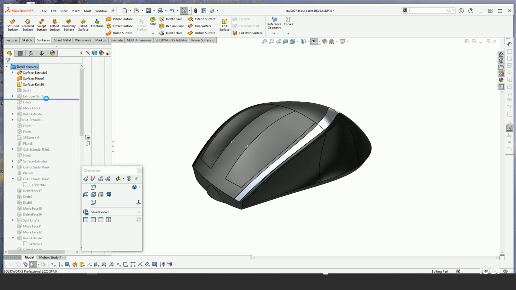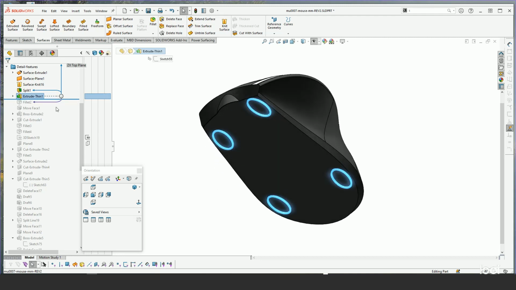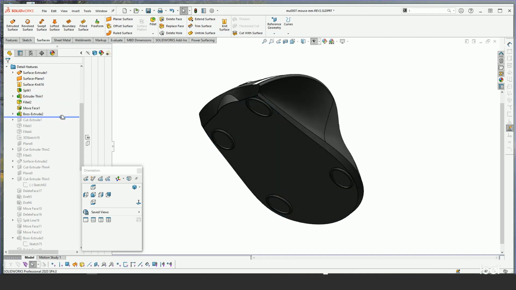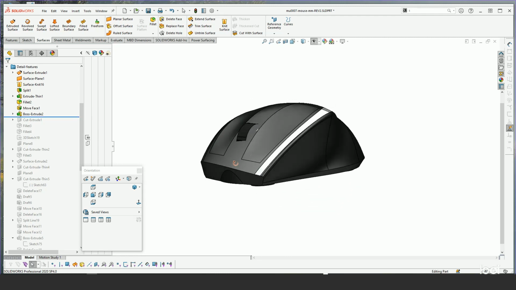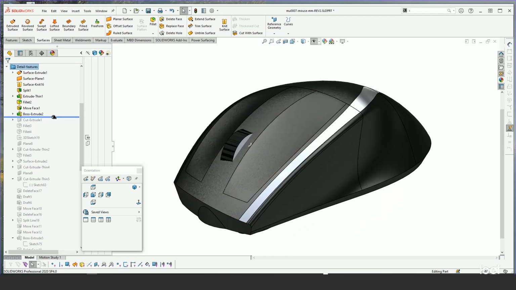We're just creating some more details, so feet on the bottom, and then we get into the scroll wheel itself, cutting the hole for it, applying the fillets to the wheel,